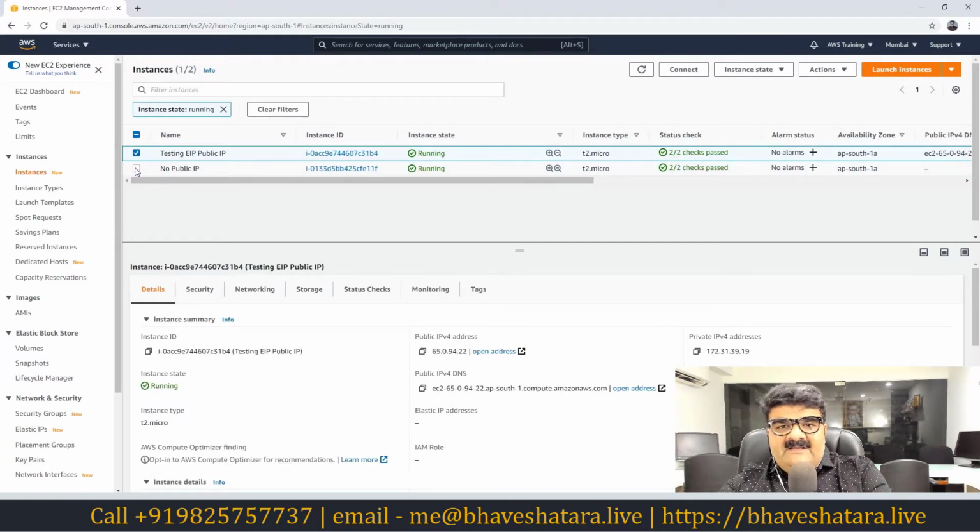Okay, now let me explain something about the public IP. Your current knowledge about the public IP is that whenever you create your EC2 instance, it gives you the option to assign a public IP address to your EC2 instance, right? If you want to access your EC2 instance from your office or over the internet, you have to provide it a public IP.